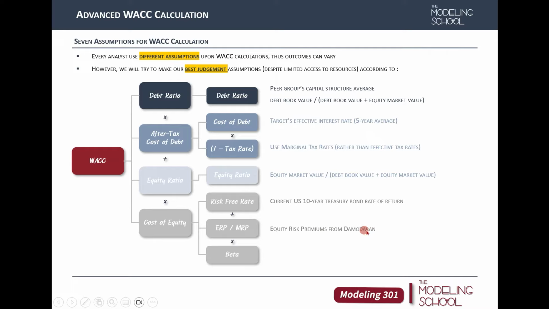As a general investor, we do have access to Damodaran. He's a very famous professor in New York. He constantly updates numbers related to weighted average cost of capital, and even in Wall Street or even in Singapore, Hong Kong, very famous financial hubs, analysts use this source in order to calculate weighted average cost of capital. So it's one of the data points that we can really rely on, and one that general investors can have access to. So we're going to try to leverage that and